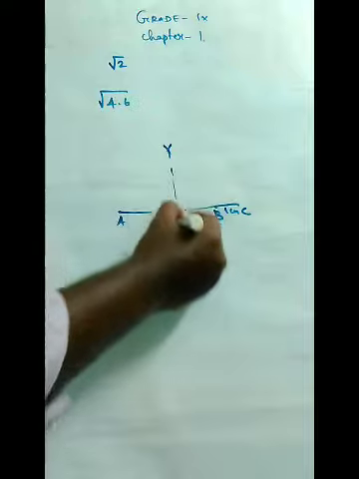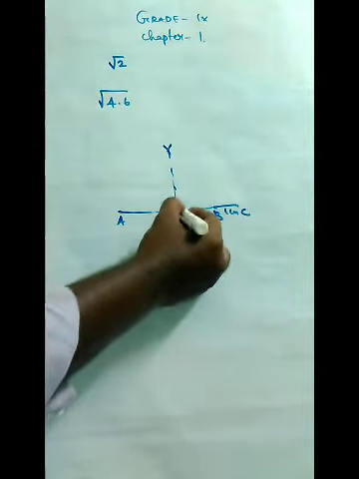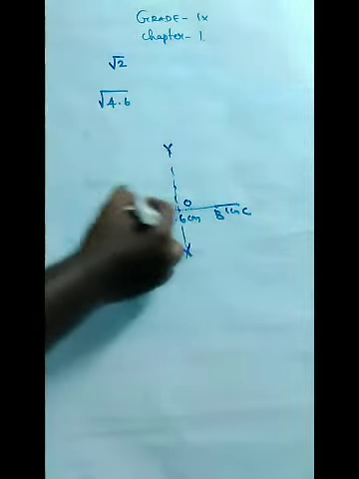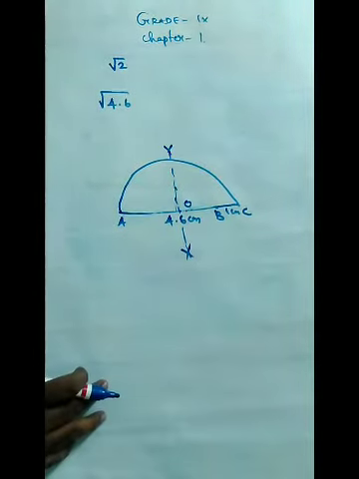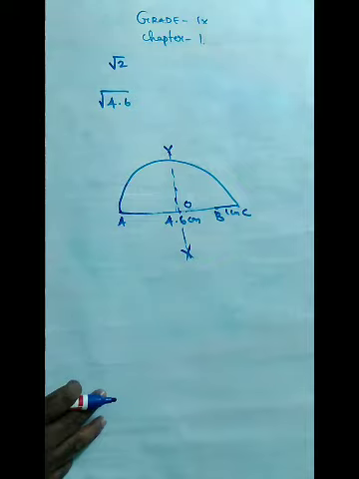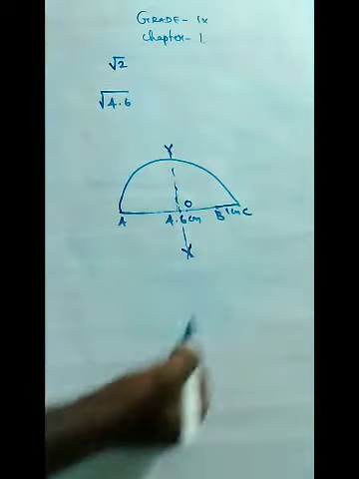Then we can get the midpoint of AC. Okay, we can take it as O. Then with OA and OC as radius, we have to draw one semicircle. After getting the semicircle, what we have to do is keep the compass on the